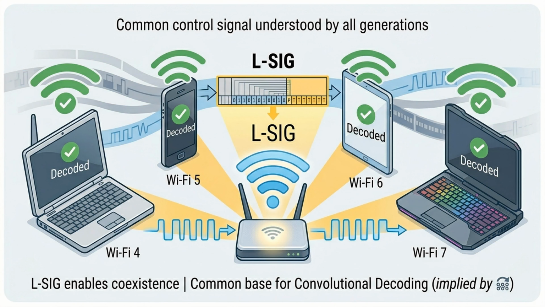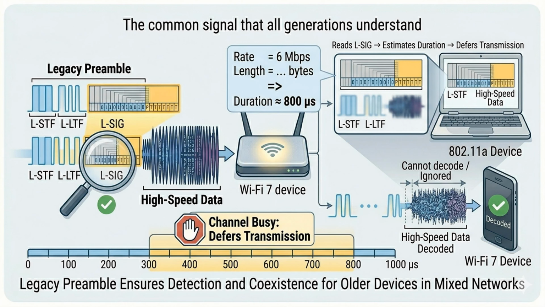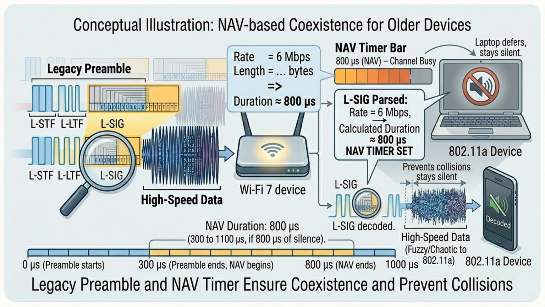In a modern environment with Wi-Fi 4, 5, 6 and 7 devices, they all listen to the L-SIG. An old 802.11a device cannot understand the high-speed data of a Wi-Fi 7 packet. To the old device, the data looks like random noise. The Wi-Fi 7 device sends a legacy preamble first. Even though the old device can't read the actual message, it reads the L-SIG and calculates, okay, at 6 megabits per second, this packet will take 800 microseconds to finish. The old device sets its network allocation vector, NAV, and stays silent for that exact duration, preventing a collision,